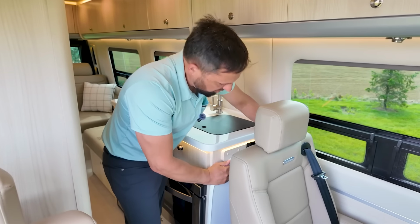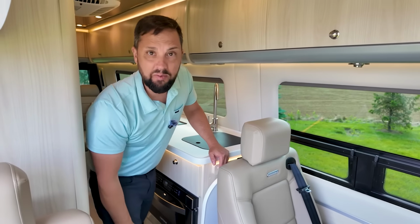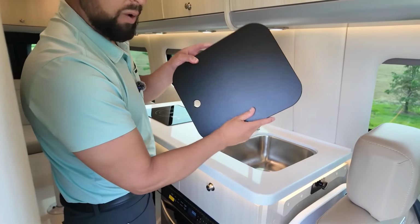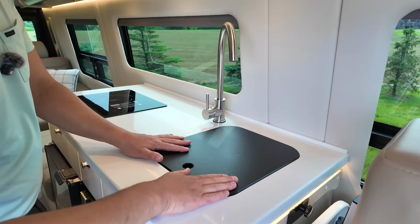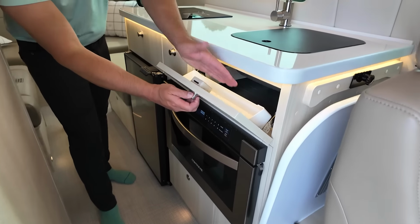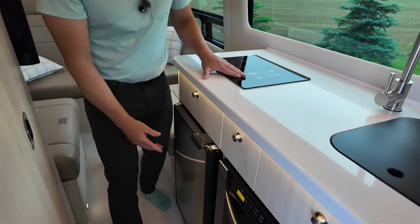Behind this seat, you also have control for the thermostat, it senses temperature, and electrical outlet. Behind this one, there's a fire extinguisher. All right, galley area, solid surface countertop, cut board or sink cover, stainless steel sink, nice high faucet, drawer style microwave, makes it easy to put things in and out. You also have a flip down for a sponge, a drawer, another drawer, silverware organizer, 1000-watt induction cooktop,